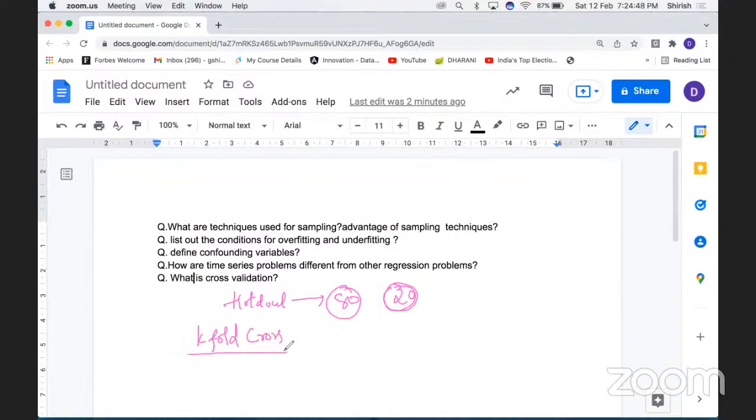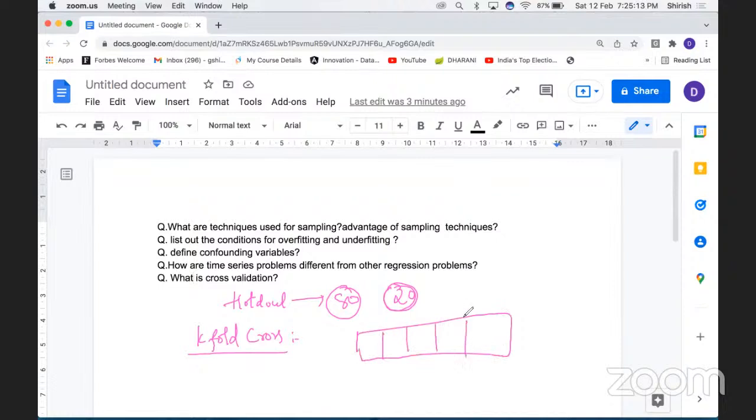What is k-fold cross-validation? By reducing the training data, we may risk losing important patterns and trends, which will in turn increase the error induced by the bias. In k-fold cross-validation, the data is divided into